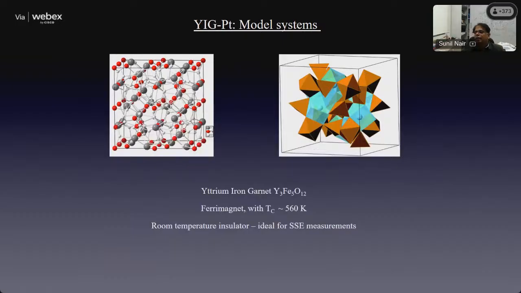Ever since that time, this class of materials, which Uchida had grouped, which is known as a garnet, has been model systems for looking at many kinds of spintronic and spin electronic phenomena. So, for instance, a very popular member of that material class is known as yttrium iron garnet, which has the formula Y3Fe5O12. So this is a ferrimagnet. That means it is anti-ferromagnet-like, but it has a finite magnetic moment because there are two dissimilar moments which are opposite to each other. And with a large TC, so it has a transition temperature of 560 Kelvin, well above room temperature. So at room temperature, it is magnetic, it is insulating, and it is ideal for all kinds of spin-Seebeck effect measurements.